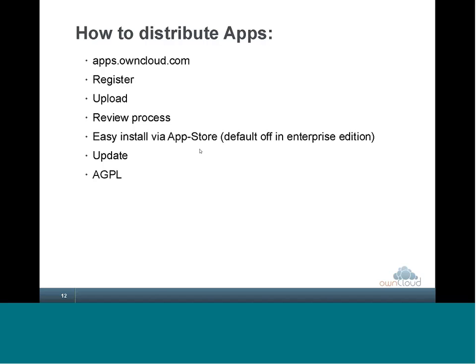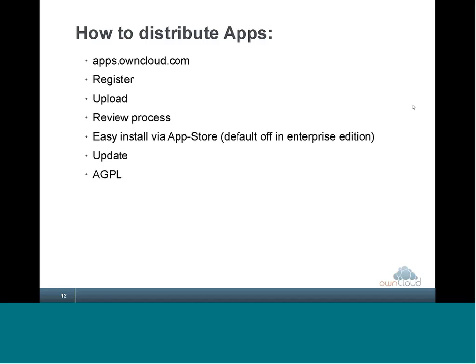The review process looks like this: we have a group of our core developers. They go through the apps and look at the code and see if everything is fine or not, and then they approve it, and then it shows up on the apps page for download. This is also very important because you can actually install these apps directly from ownCloud. So if you have an ownCloud server and you have this apps menu entry, and you click on it, you see a huge list of